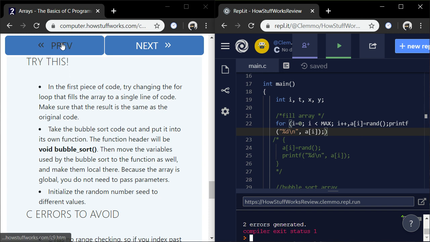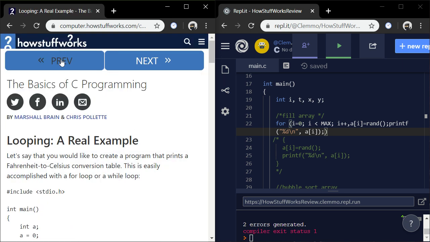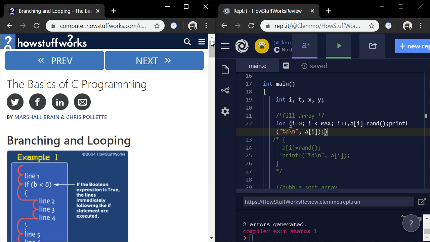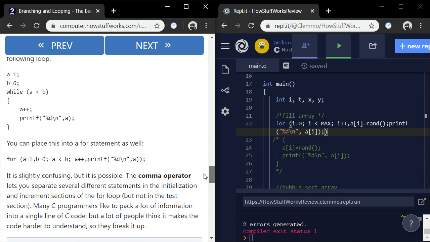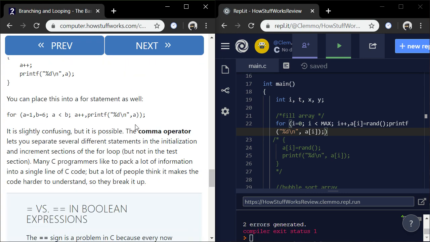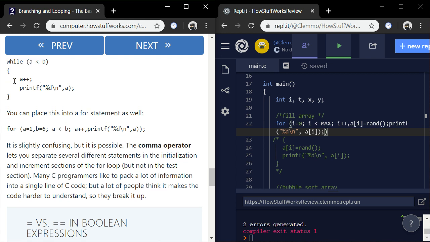Okay, let's go back. You know, it's 2 pages back. I'm now at the hour mark. We won't spend too much time on this, but let's have a look-see. There's 2 statements, A++, semicolon. Ah, it's separated by commas, but not semicolons. Right? Right.